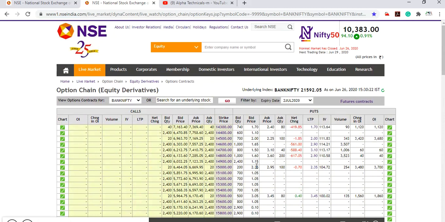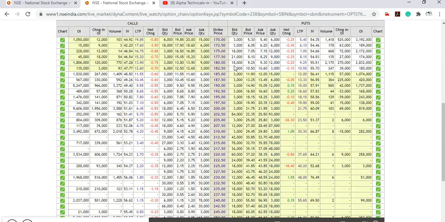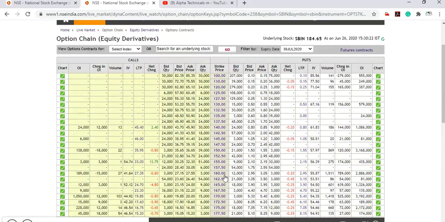You can even select stocks' OI data from here. For example, SBI: you have to type the symbol, not the name. SBIN is the symbol for SBI. If you type it and go, you can see it showing SBI, its OI data and the strike prices.